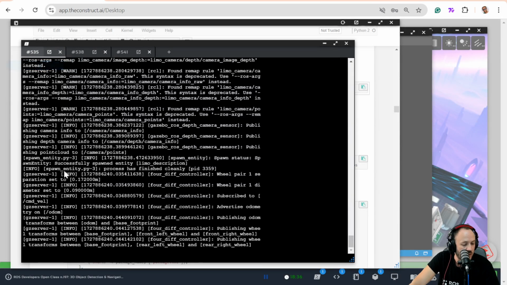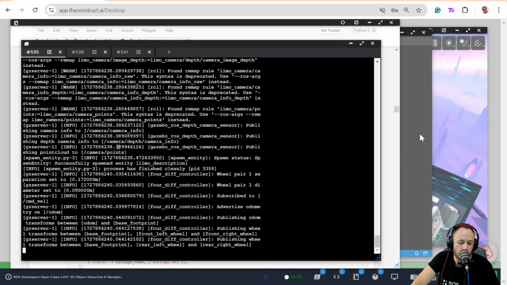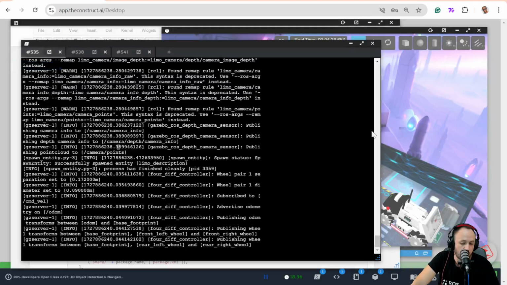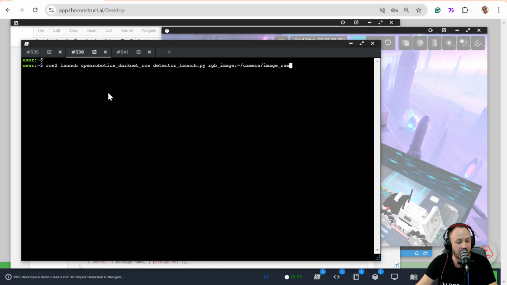But the important thing is that you don't close the first one, okay? Because the first one is where the simulation is running. So if you close this one, then the simulation is going to die. So in order to execute new commands, what we should do is open a new terminal. So let's open a new terminal, and then here you can execute